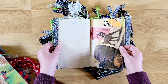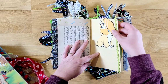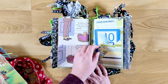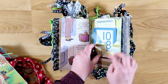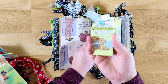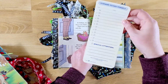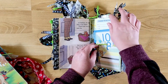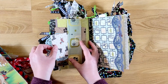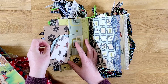That's the other side of that book page. Here is the lady die cut that I paper pieced together. And then some ephemera on that side. And here is a little corner tuck with a flashcard, a little pocket with a tag in it here that I made, and the vintage things to do today little page. And then here I have some extra paper with a doily and one of the envelopes that I made with the paw print